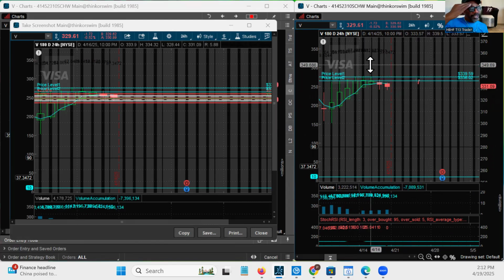Look at this, these are market highs. See all my dark lines? That's my market high. If it doesn't break above, when we look at this, it doesn't open up above 338, which is the open,